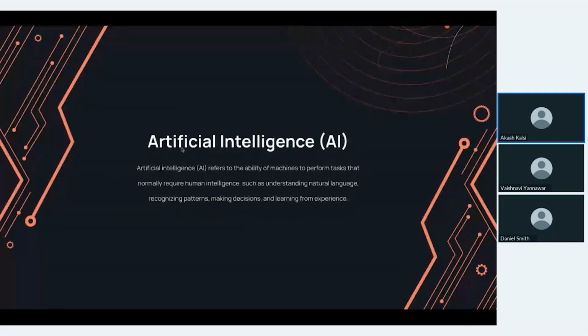Let me tell you first what accessibility is in UI UX design. We as designers need to take care of people with disabilities as well, and we need to ensure that everyone can use and enjoy the digital products we make or design, especially from the user experience perspective. So AI tools can help us make our designs more accessible by analyzing the design and suggesting changes to improve accessibility.